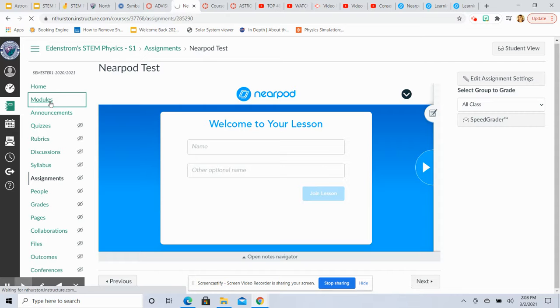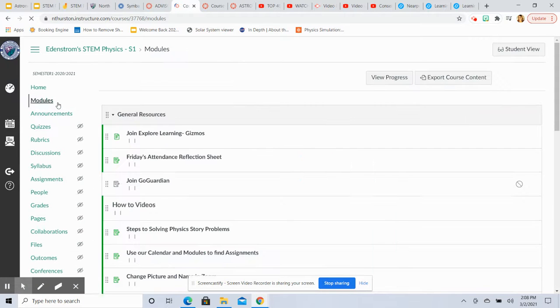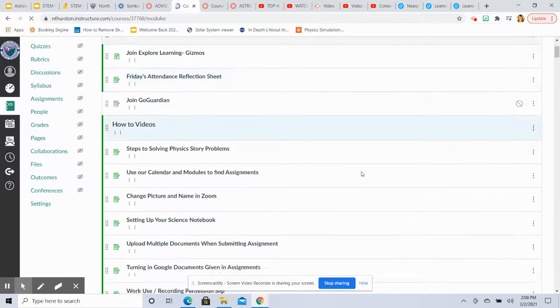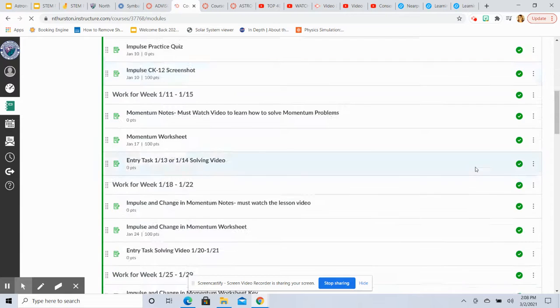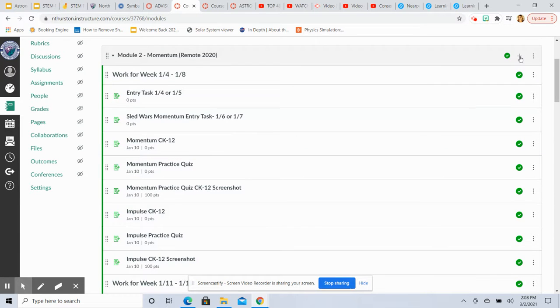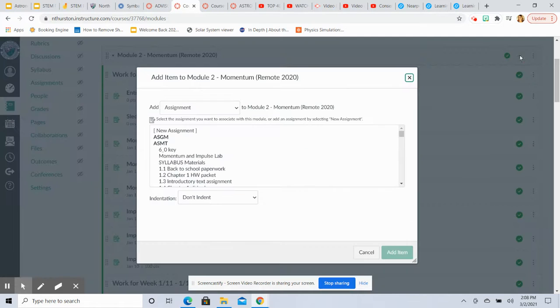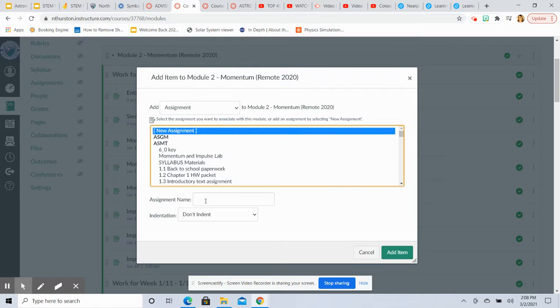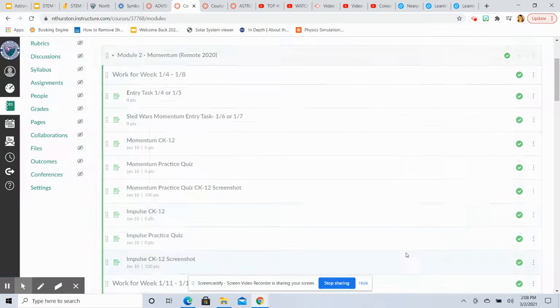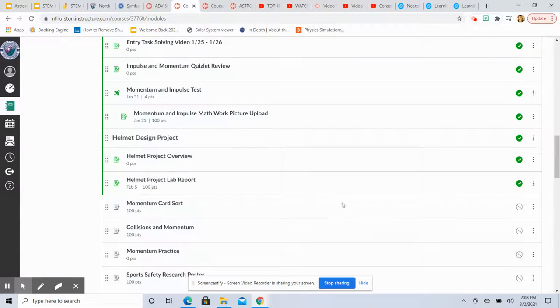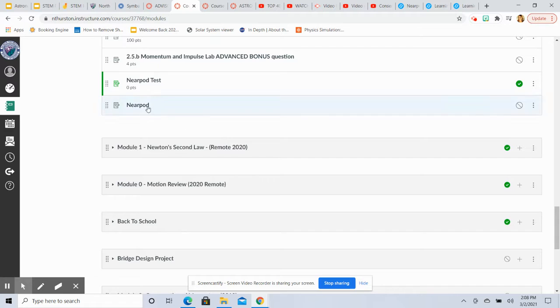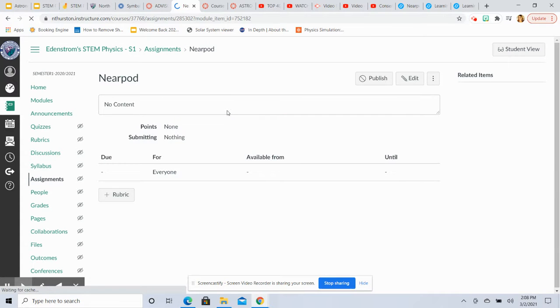So I'm going to go to modules, and I'm working in my semester 1, so I'm not messing everything up in my other class. I'm just going to add an assignment to my module. So new assignment, I'm going to call it Nearpod. I already have Nearpod test, so I'm just going to call it Nearpod, add item. Then I'm going to go to the bottom of that giant module, and I'm going to click on the one that's not published yet because I haven't made it. I'm going to go to edit,